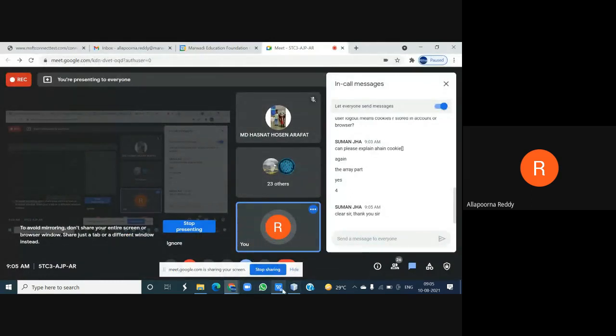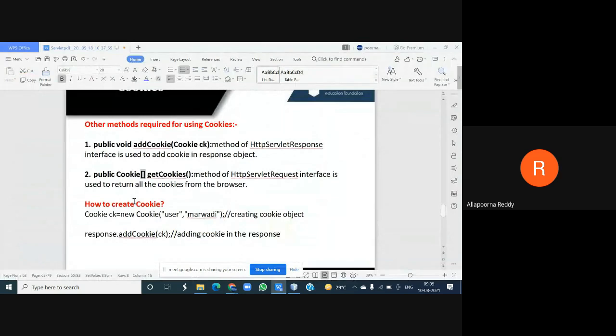Mr. Sumanja, right. So this is the second method we are using. Previously I made use of classes, but now I want to create a cookie. As you already know the syntax, what is the syntax to generate your cookie? Cookie followed by String name, String value is my syntax. But I want to access my methods, so I need to create an object. For that object creation, I use the help of my class. What is my class name? Cookie is my class name.